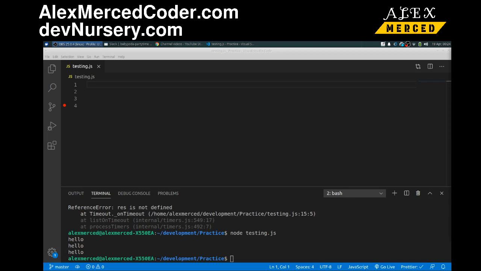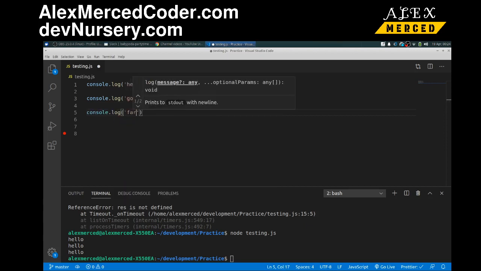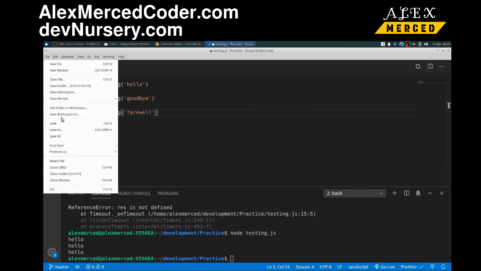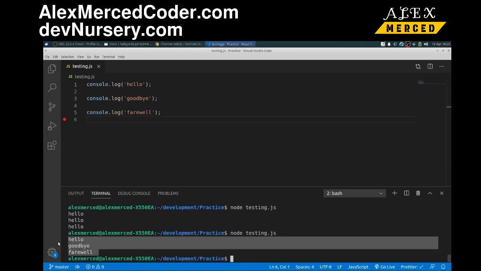order. So if I do console.log hello, console.log goodbye, console.log farewell. Okay, now if I run this code, let's save that. And see, it runs the 3 lines of code and it runs them in the order that they're in the